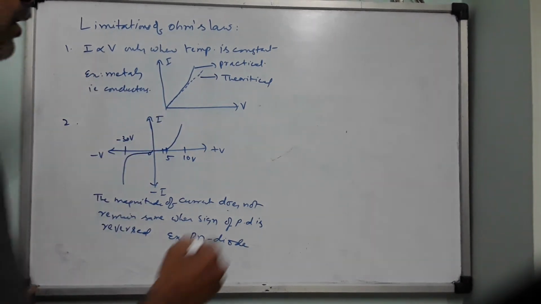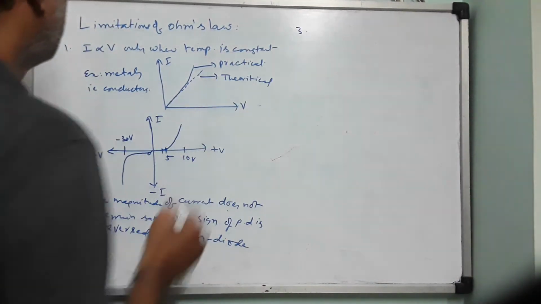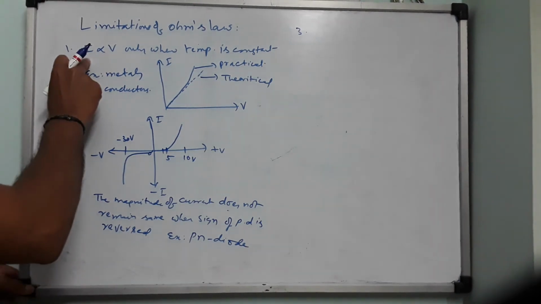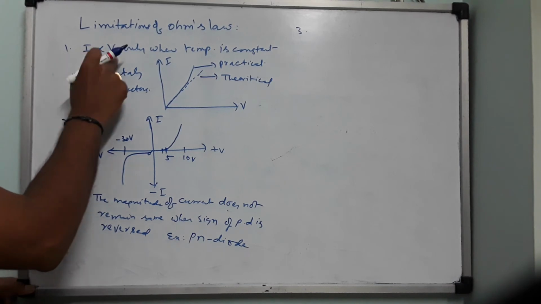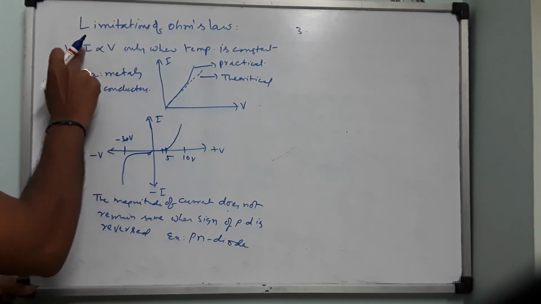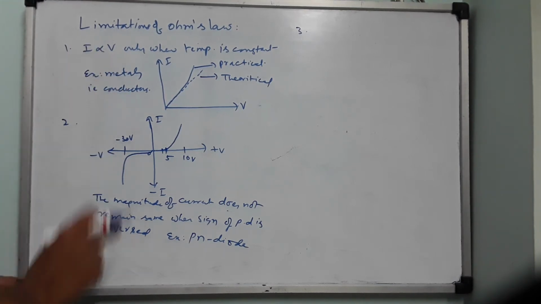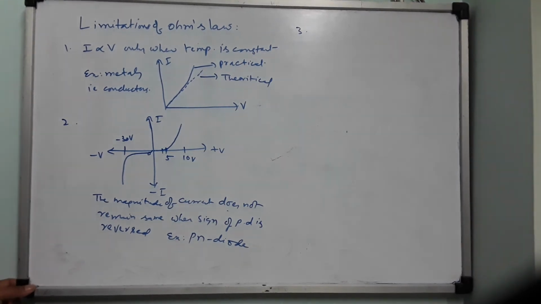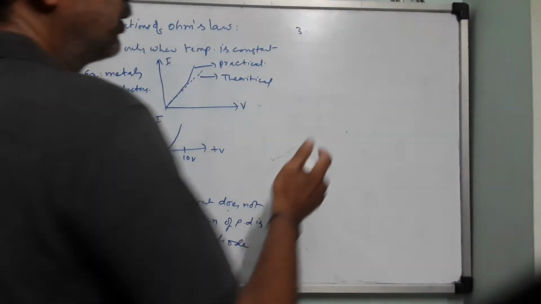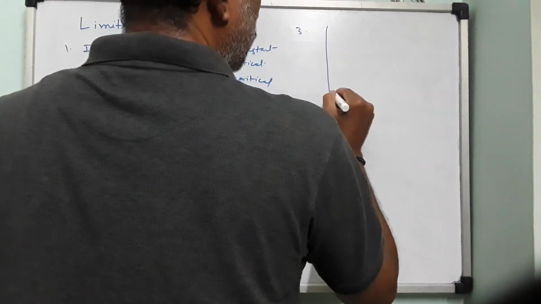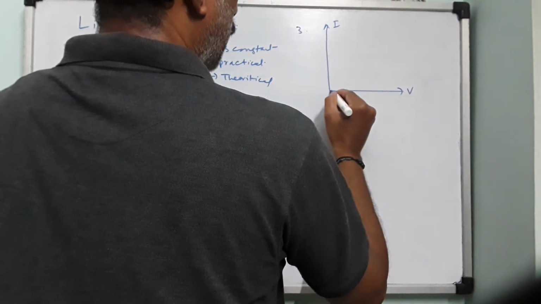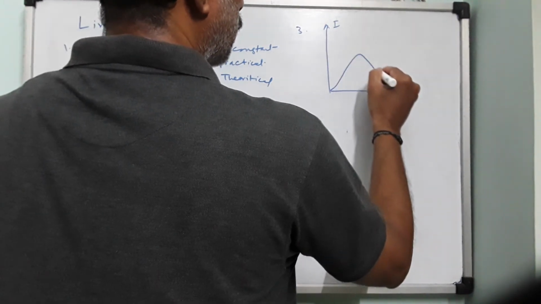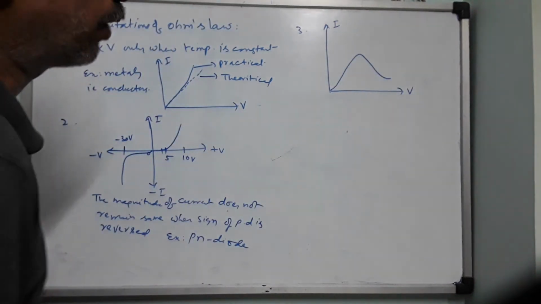Okay. Right. Third one, this relation says that for every current there should be a single voltage, because it's a linear relation. For every current there should be a single voltage. But there are some devices like gallium arsenide, which are also known as thermistors. Their graph is something different. So this is voltage and this is current. The graph will go like this.